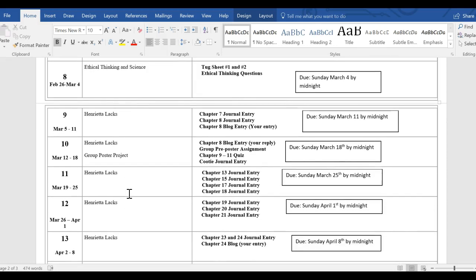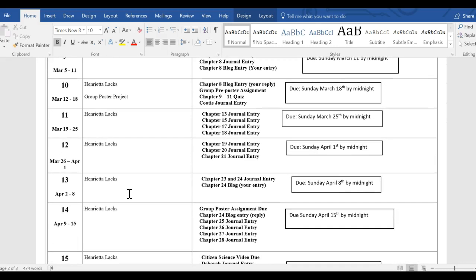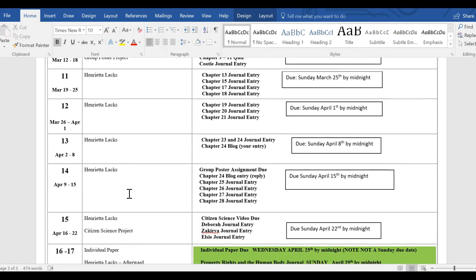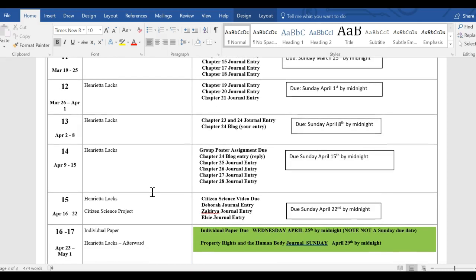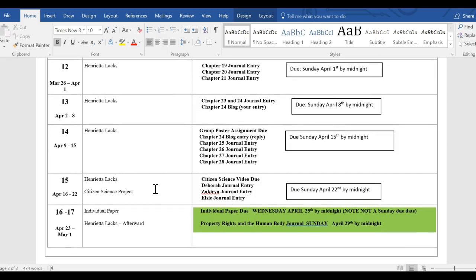So we'll spend pretty much the second half of the semester working on the group project, working on individual paper, finishing up your citizen science project, which I'll describe, and reading the Henrietta Lacks book. So you don't have a final like a typical final, but you're going to have a paper